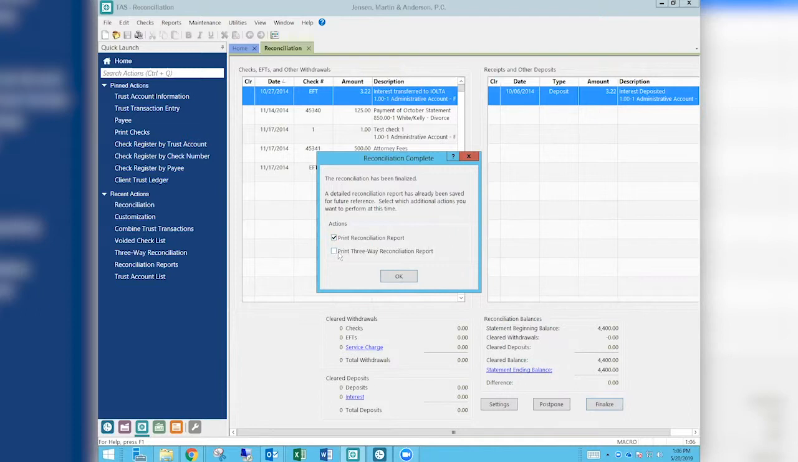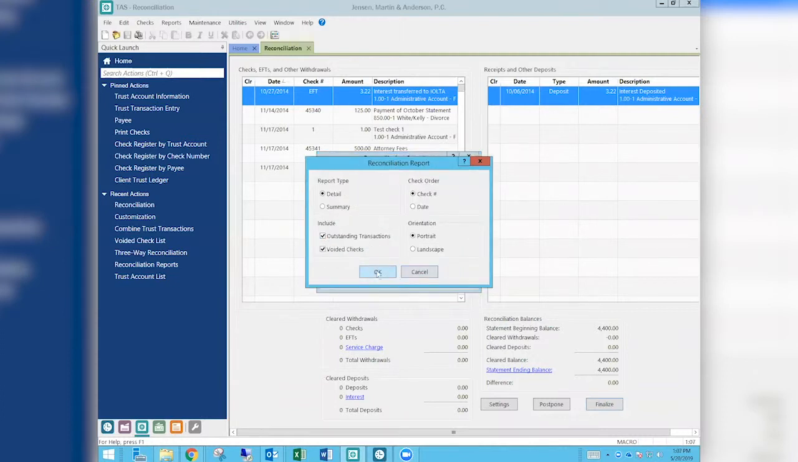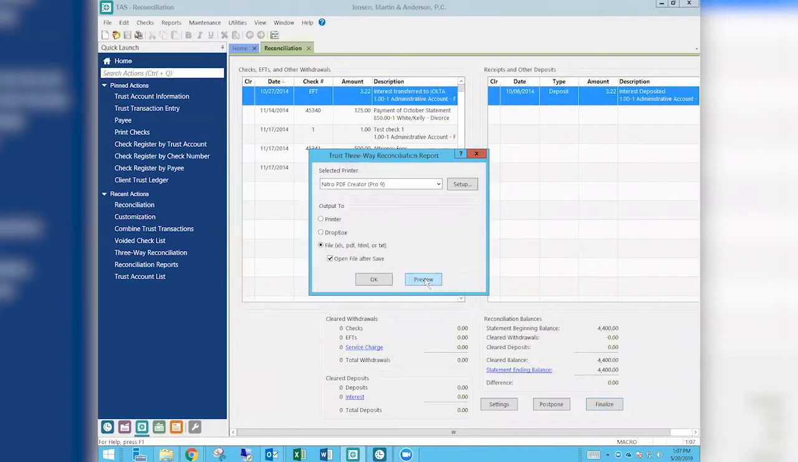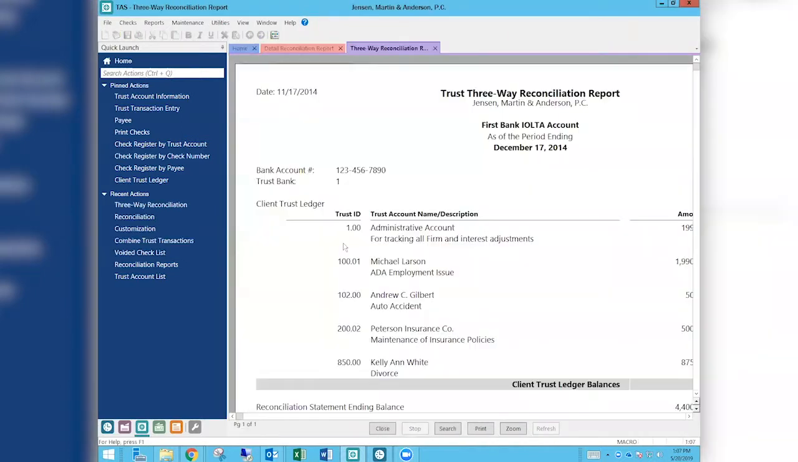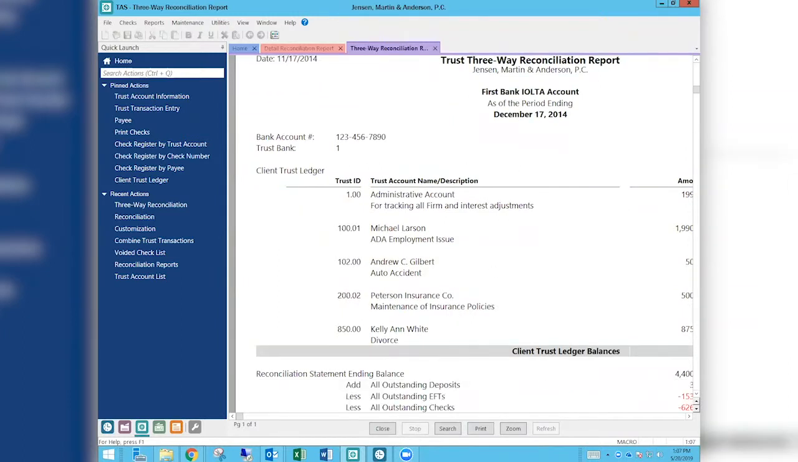So you have an option right at the end of your reconciliation to print that three-way reconciliation report, which will then give you that report right there on the fly. So you can do that. You can say, okay, I'm just going to go ahead and preview it and preview that coming up for the three-way. And so here's my regular, let me get this over this way just a little bit,